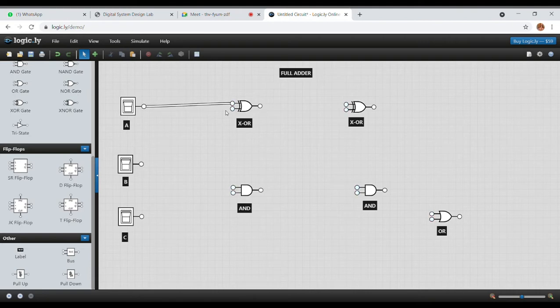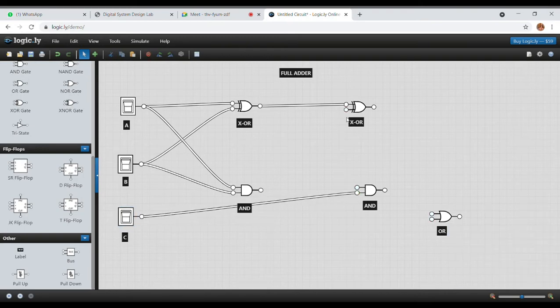Then we'll connect the third toggle switch to the AND gate. Then we'll connect the AND gate to the OR gate, and we'll connect the another AND gate to the OR gate. Then we'll connect the third toggle switch to the XOR gate.